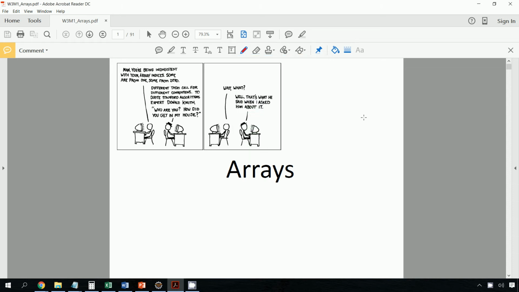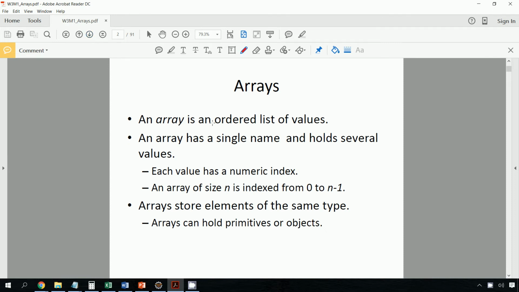In this series of videos, we're going to be discussing arrays. Arrays are ordered lists of values. So you can think about, for example, let's say you wanted to create 100 random numbers and store 100 random numbers. Well, you could certainly declare 100 integer variables, int num1, num2, num3, num4, num5, and so on. But if you don't really care about the individual names of those variables, that's kind of a lot of work to do. So arrays are an easy way to allow you to have situations like that where you have this